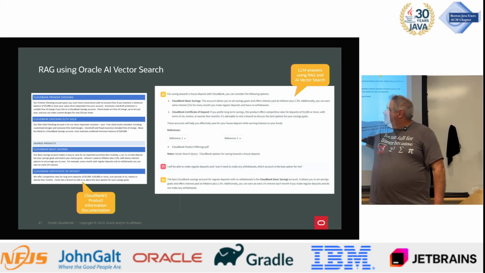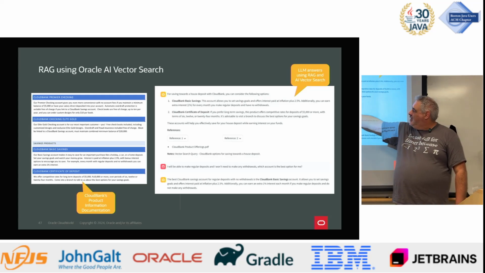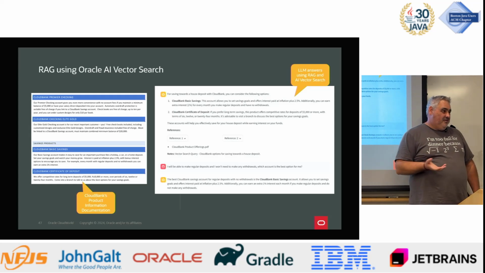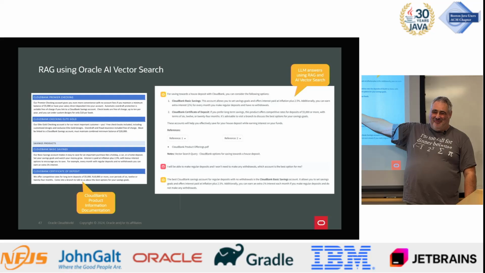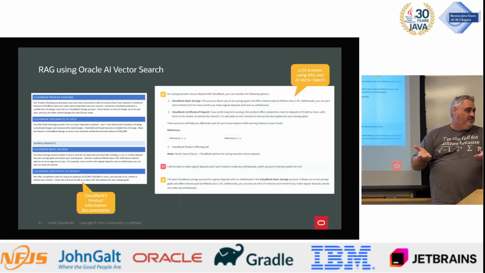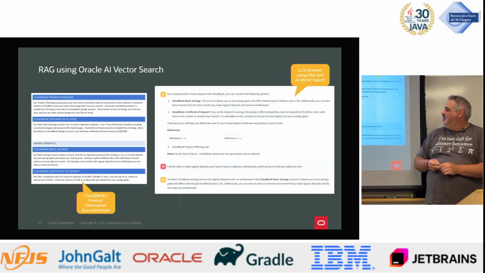And this is called grounding. This is where you have the LLM give you the reference. So instead of just giving you the answer, it says, here's where I got that answer from, so that you can check, because they make stuff up, right? If they don't know, they just make it up. So it's very important to be able to trace back to where it came from.